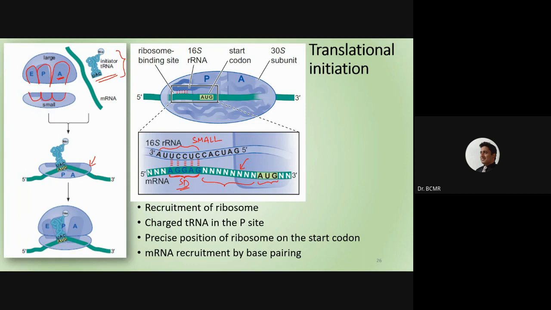This is the A site, this is the peptidyl site, and this is the exit site: A, P, E. As we will see in the next slides, and if you have already watched the animation, you would appreciate that the tRNAs will come here, except the first one. Then they will move as the ribosome moves this way. So the tRNA will come to the peptidyl center, and then eventually to the exit center, and the tRNA will